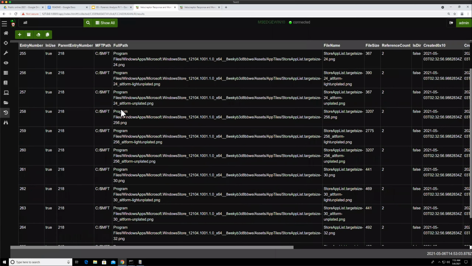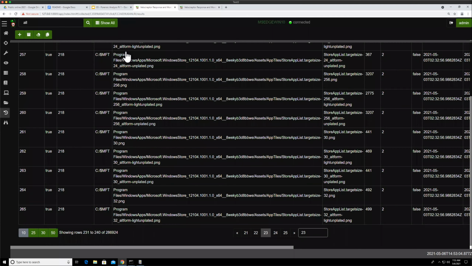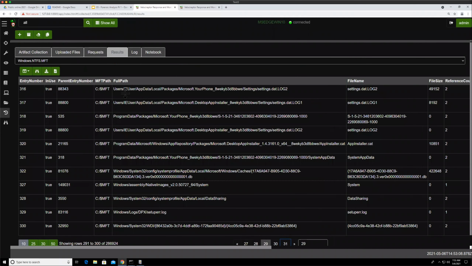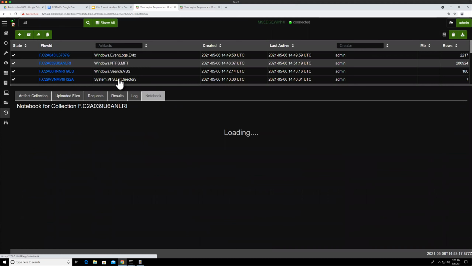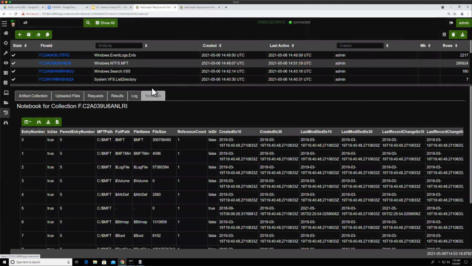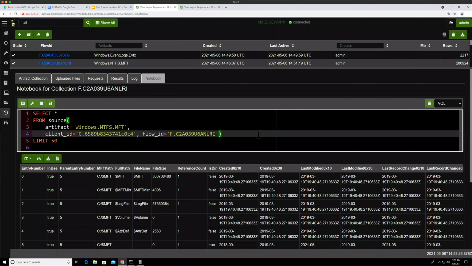Let me just show you what we normally do when we collect the MFT. So this one is a full MFT scan, right? You can post process, jump to the notebook, and if you wanted to know some files that are not allocated,